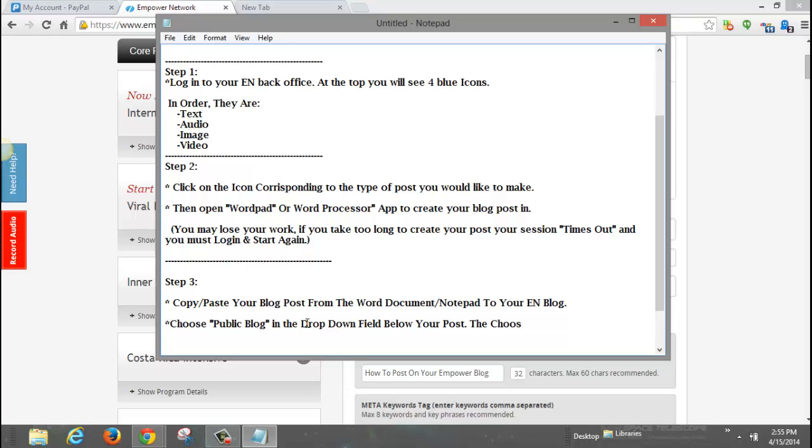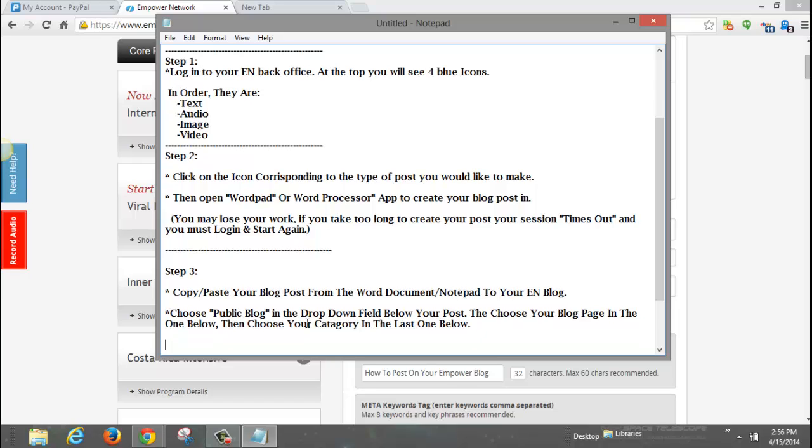Then choose your blog page in the one below. Then choose your category in the last one below. Press